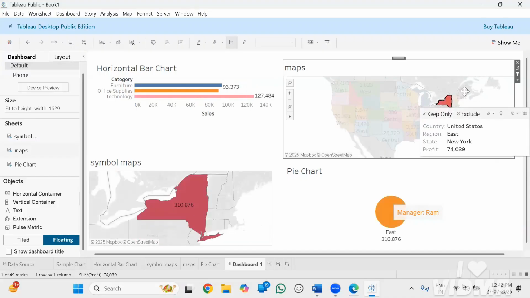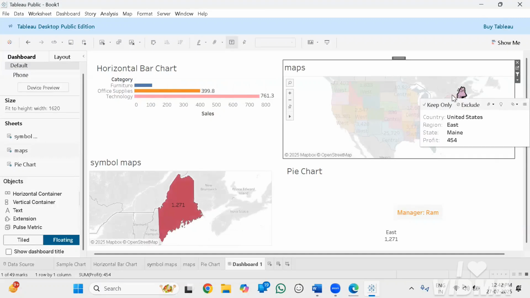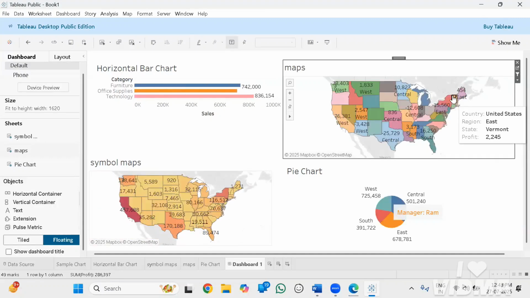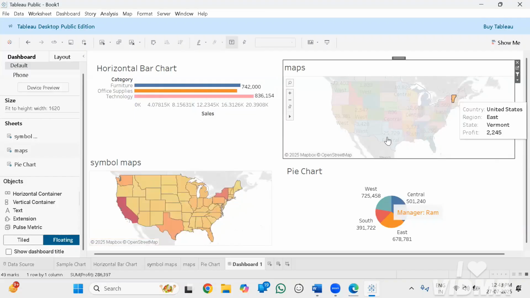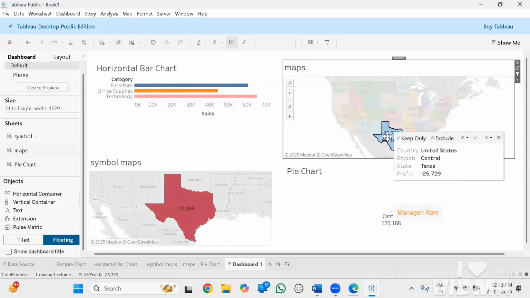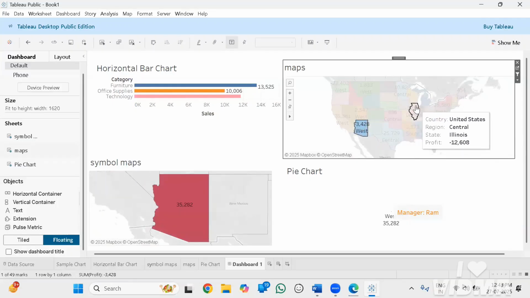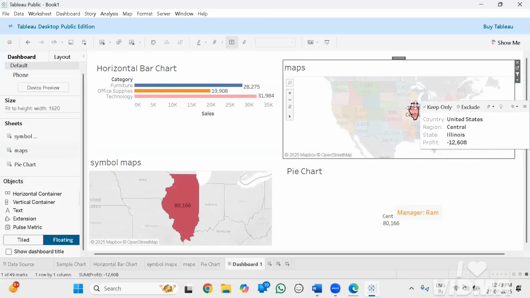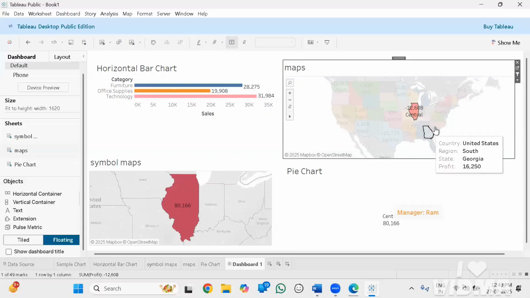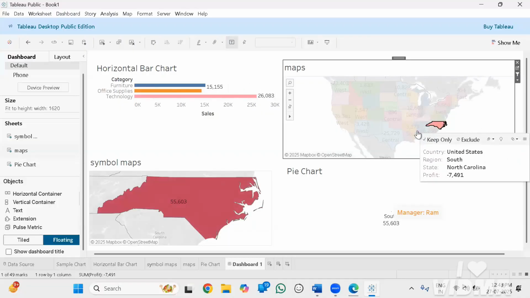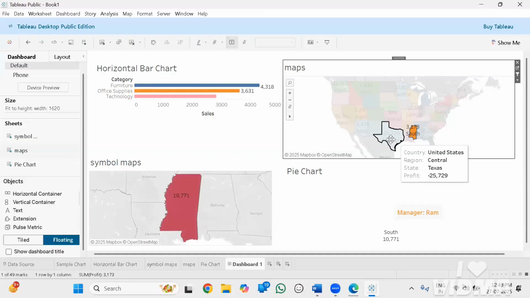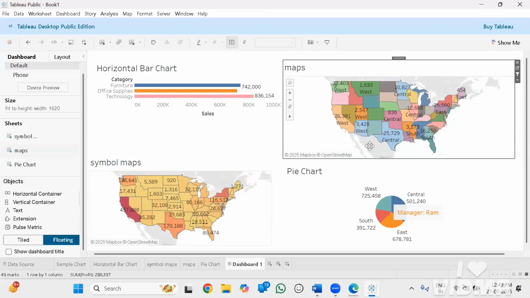See now it is normal, right? So for example, if you select the central one, then you can see the central. If you select the west one, yes. If you select the central region, so this is how the data will get filtered, and this is how you can create interactive dashboards. So this is all about the dashboard, and remaining